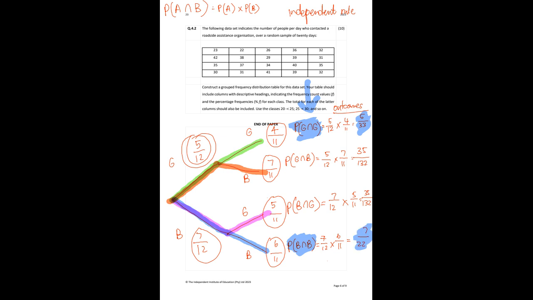So you'll say that the probability is going to be the probability of green and green plus the probability of blue and blue. So that would be 5 over 33 plus 7 over 22. And your final answer here would be 31 over 66. This you can convert to a decimal now. It'll be 0.469, which as a percentage is